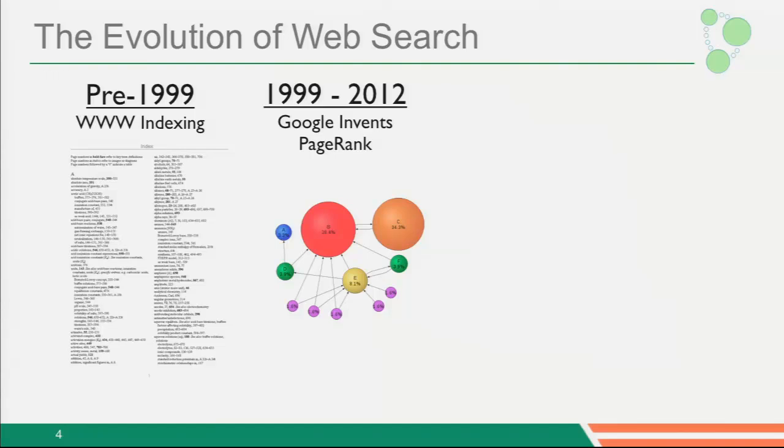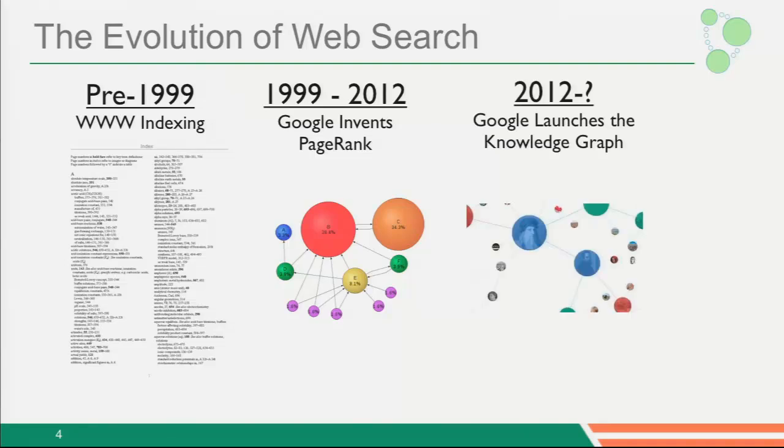And what ended up happening here is that pretty much every other search engine on the planet went out of business. This particular industry came to a tipping point where, if you didn't exploit the connectedness of data, you went out of business. More recently, actually the same week as Facebook did their IPO, Google launched their next initiative, which is the single biggest upgrade to the single most important algorithm on the web since PageRank. And they call it the knowledge graph. We'll go into the details of that later on.